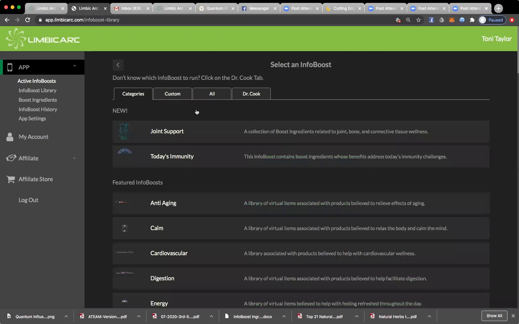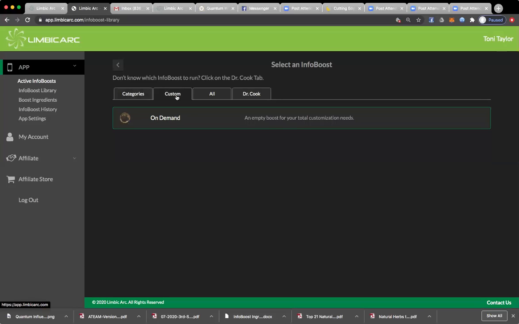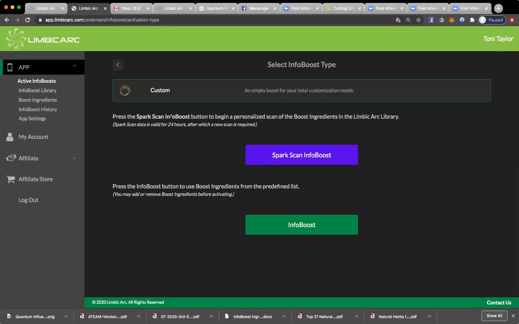and you'll notice the 4 tabs up at the top: Categories, Custom, All, and Dr. Cook. We want to do our custom Spark scan, which will show us everything that we need to know against the over 600 ingredients that are in the library. So click on Custom tab, then On Demand, then Spark Scan Info Boost,